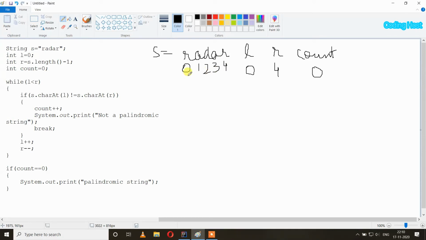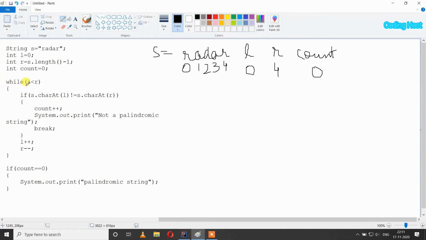In the string, indexes start from 0. So at 0 we have r, and at index 4 we also have r. In palindromic strings, left and right hand side characters are equal, and if we increase one from here and decrease one from here, the next left character and the next right character are also equal, like here. So we are following this approach here.